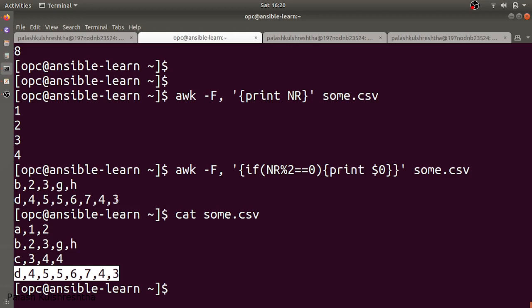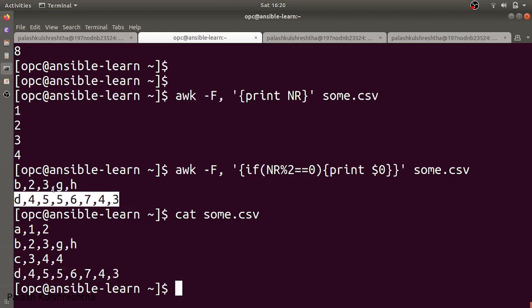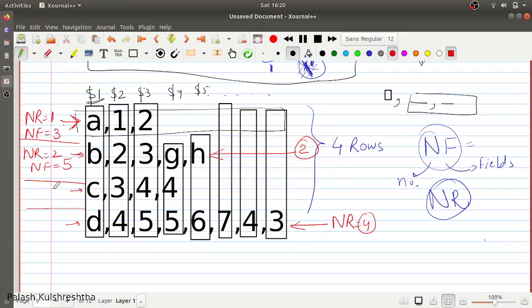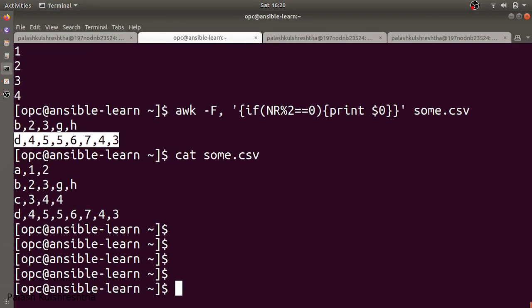Another use case for NF is if you want to print only those rows which have four or more columns. So this is one of the rows which has more than four columns. This is one of the rows with four or more columns, and this row has four or more columns. So what we can do is awk -F comma